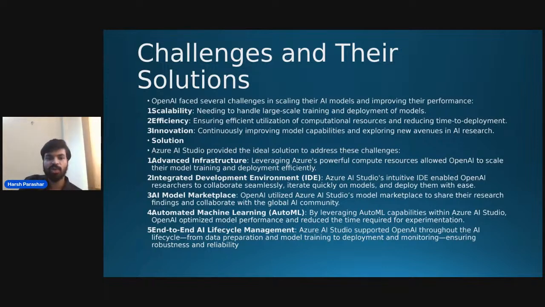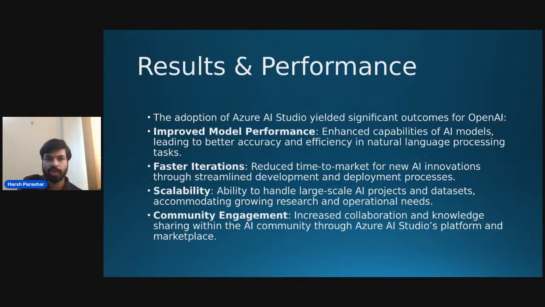Machine learning can also be automated through pre-trained models, and an automated solution is provided by Azure AI Studio. And then the end-to-end lifecycle, as we taught, from data preparation and model training to deployment and monitoring. Everything, its robustness and reliability, is provided by Azure AI Studio.